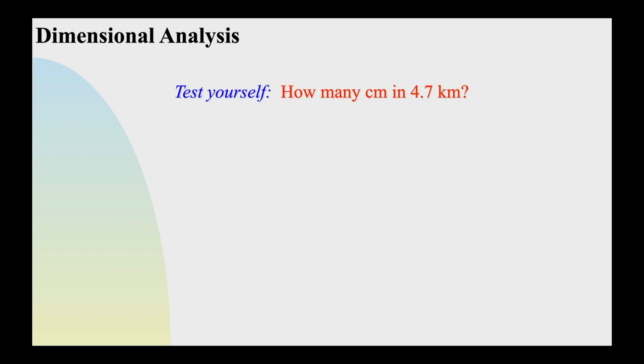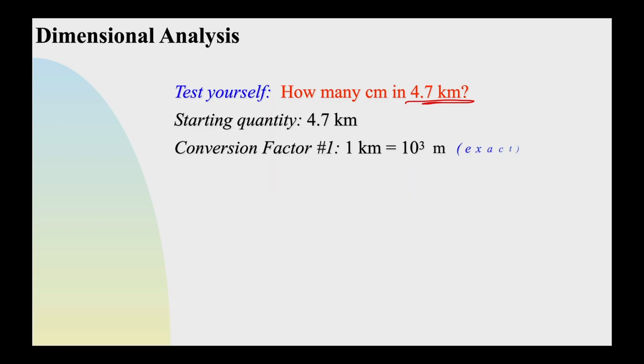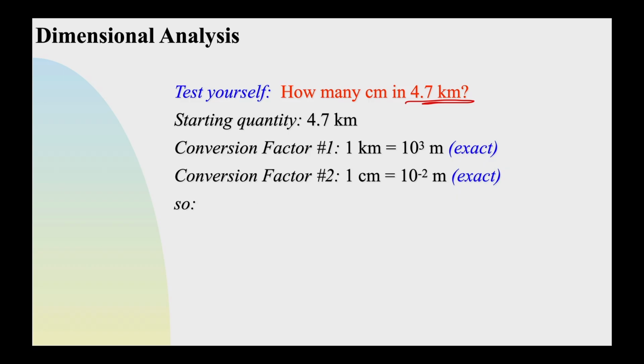Here's another example. How many centimeters are in 4.7 kilometers? Okay, so kilometers is our starting unit, and we want to end up with centimeters. So when we do this problem, we're going to need some way to convert kilometers into centimeters. Now again, there are ways to go directly from kilometers to centimeters, but I don't know what it is off the top of my head. 1 kilometer is 10 to the 3 meters. We saw that kilo was 10 to the third, so that's where I'm getting this, and I'm putting the base unit of the meters. Here's also a